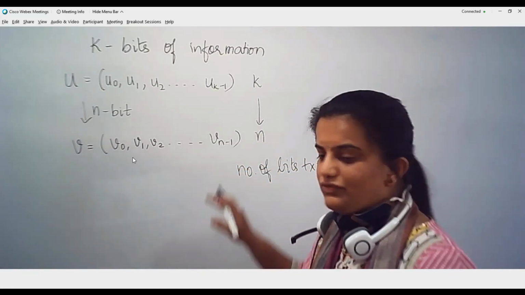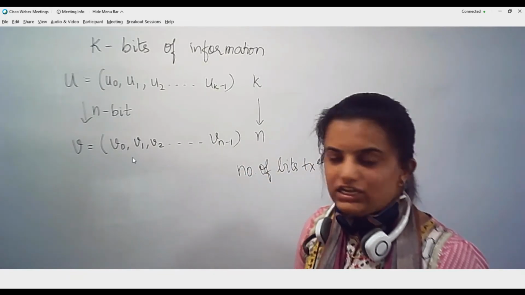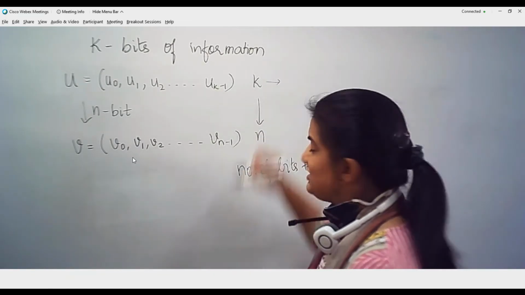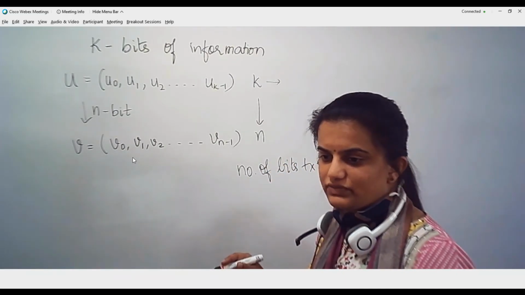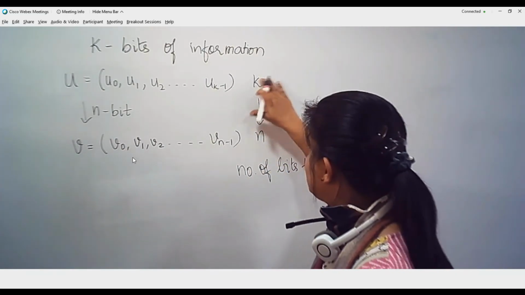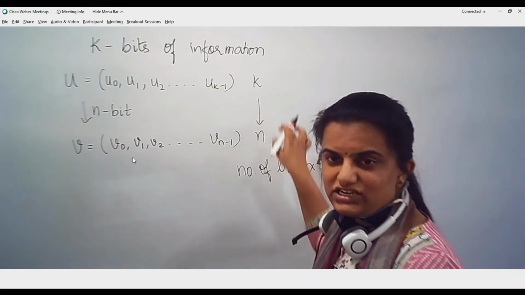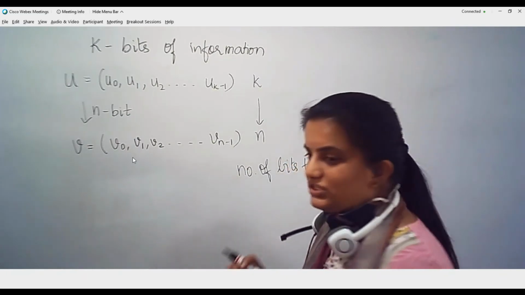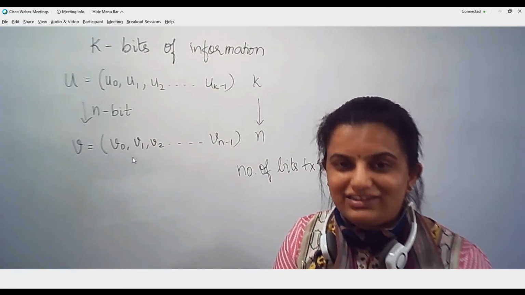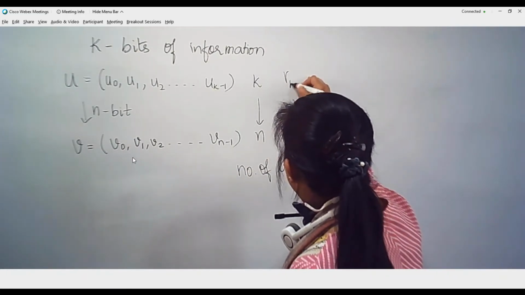If I had not used any channel encoding procedure, I would just send k bits to the channel. But now I have n bits of information with me. That means the number of bits has slightly increased. In order to represent the same set of information, I am using more bits in this case. So there is a transformation of the bit rate from RB to RC.